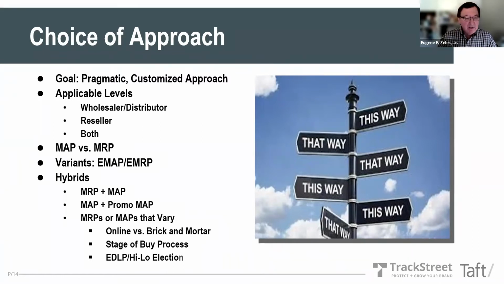And then one of the more innovative ones we've seen is we have a client that went to its retailers and said, look, you have to elect whether you want to be EDLP, that's everyday low price, and that would be commonly somebody like Walmart, or high-low, somebody like Publix or Safeway or whatever. The difference being EDLP means there are few, if any, sales. It's just an everyday low price. Where the high-low people, they offer a daily price that's higher, but then there's often promotions that are run.